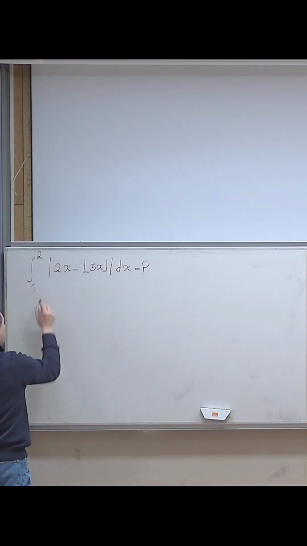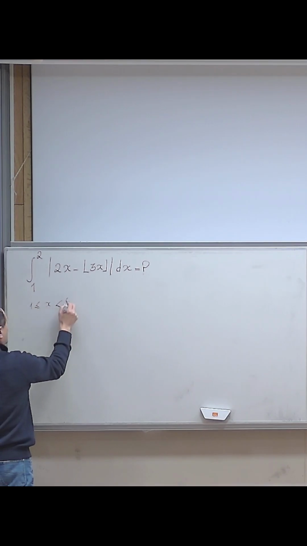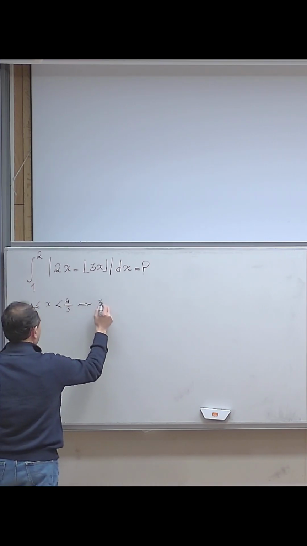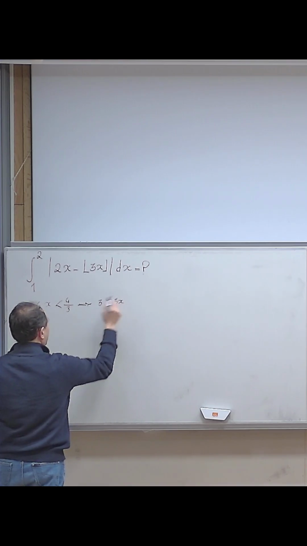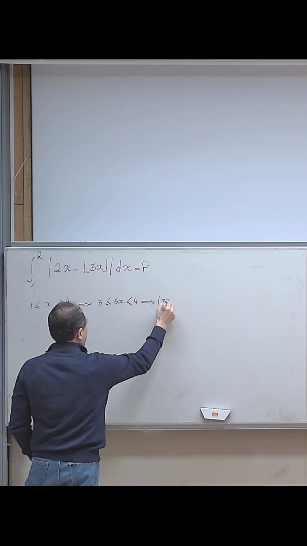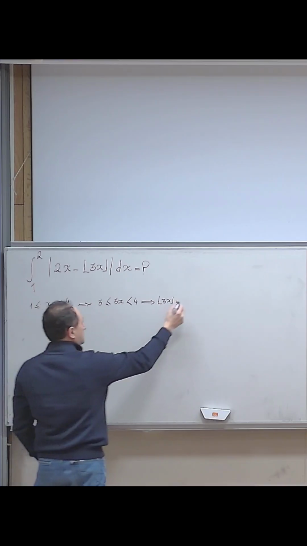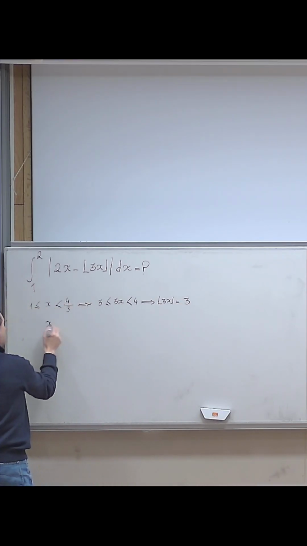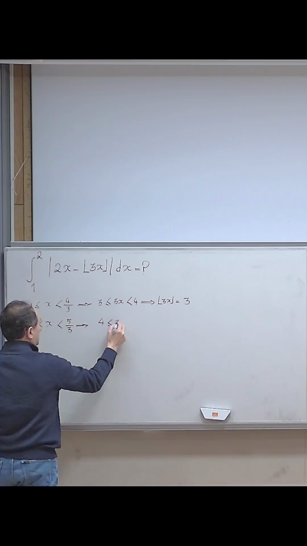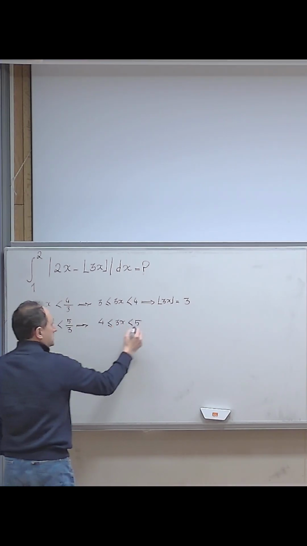So if x is between 1 and 4/3, for example, then this means that 3 is less than or equal to 3x and less than 4. So in that case, the floor of 3x becomes 3. And if x is greater than or equal to 4/3 and less than 5/3, then I multiply everything by 3. Then it means the floor